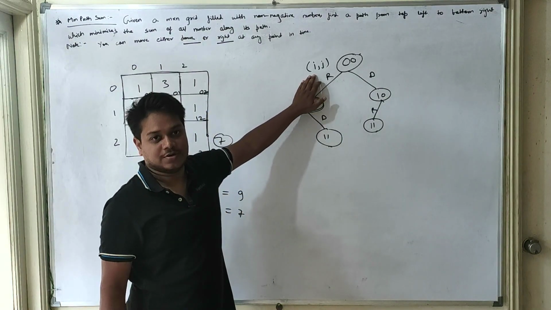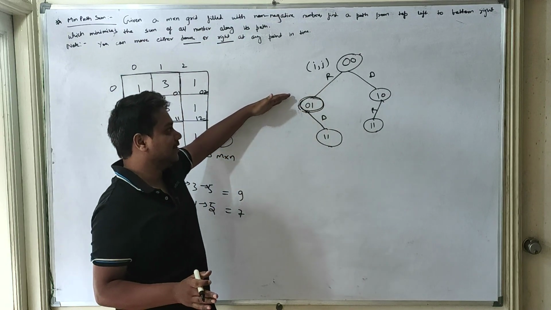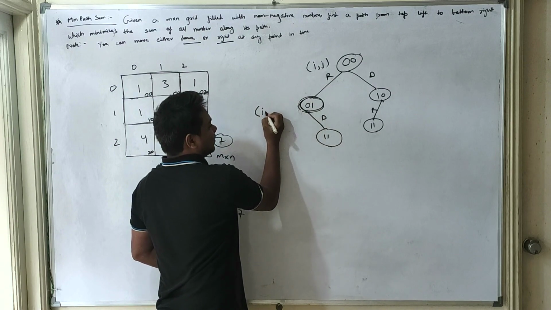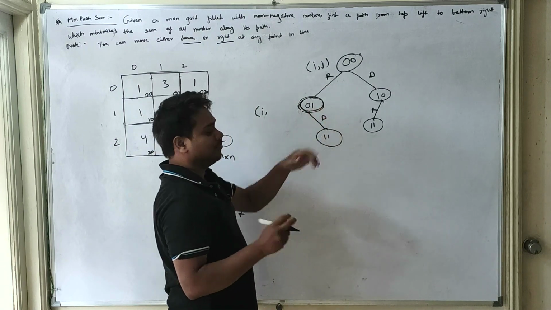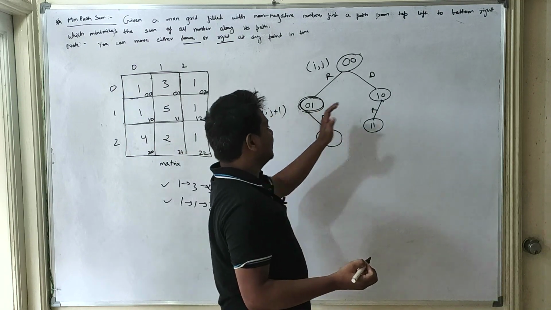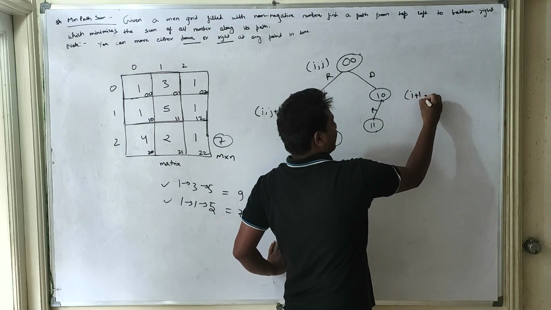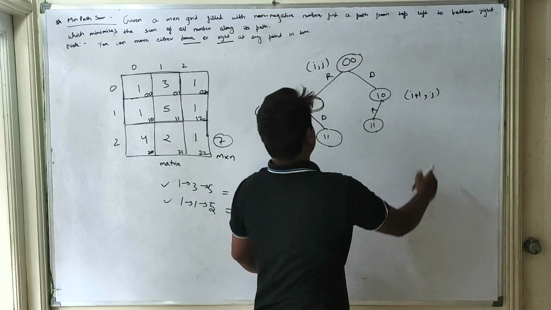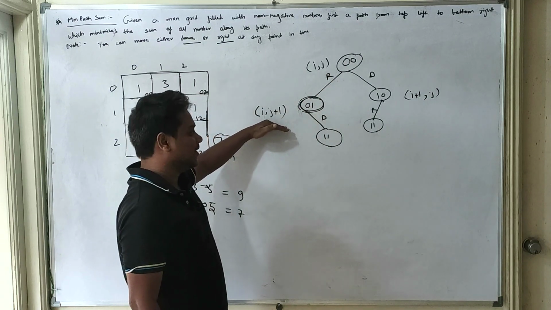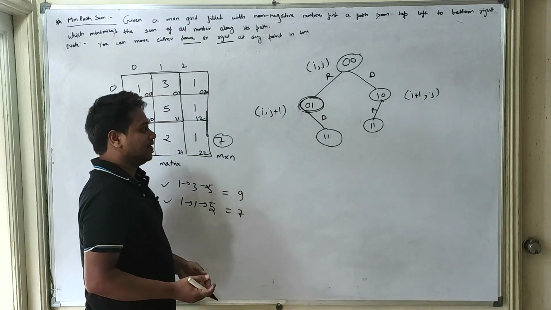Suppose I represent this particular cell, the starting cell, as i and j. Then if I move right, what I am practically doing is keeping i constant but moving one step in j, so j plus 1. In this scenario I am incrementing i but keeping j constant. So if we are moving right, this is the scenario we will land in, and if we are moving down, then this is the scenario we will land in.